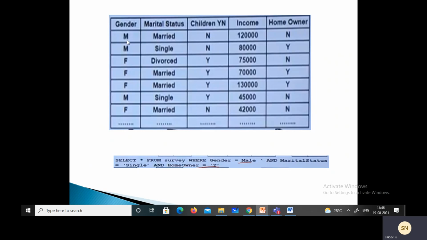Let's check this. Gender is male, and marital status is single? No, so this is not selected. Second one: male, marital status is single, and homeowner is yes, so this record is selected. If we move further, male, single, but homeowner is no. So the only record selected from this query will be the second one, male, single, and also a homeowner.